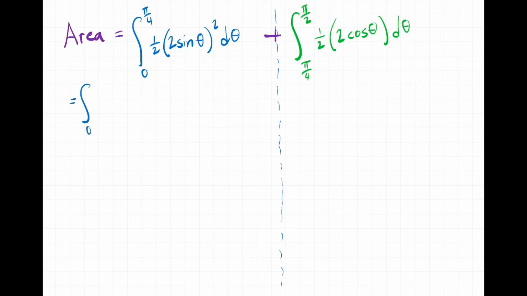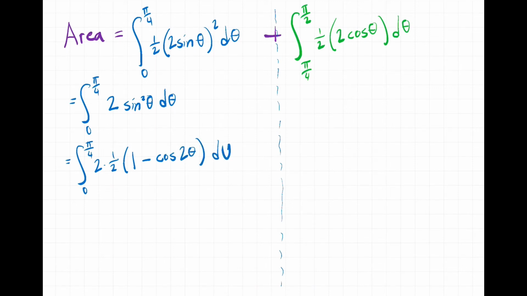We have the integral from 0 to pi over 4 of 2 sine theta squared. That's going to give us a sine squared theta. And then 2 squared is 4, but 1/2 of 4 is 2, so it's just 2 sine squared theta d theta. Now, because our sine has an even power and there's no cosines in here, we'll need to use the power-reducing formula. The power-reducing formula says, the integral from 0 to pi over 4 of 2 times, sine squared theta is equal to 1/2 of the expression 1 minus cosine of 2 theta